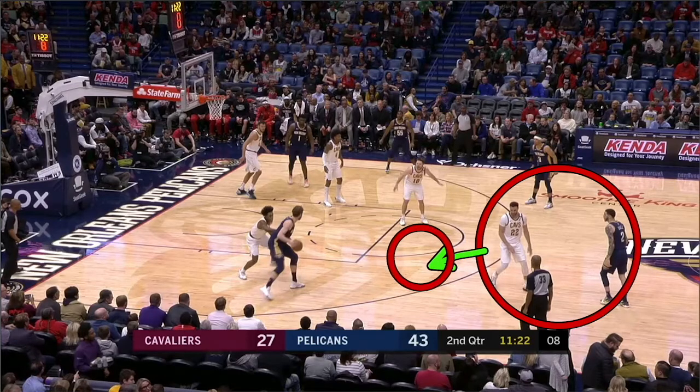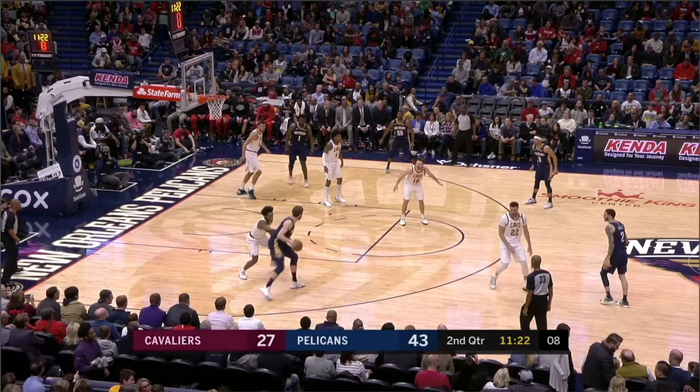You're halfway between the ball and your man, so you can dig in the post. Once this ball gets on the deck, you can stunt, get that dribble picked up early, recover back out. Okay, you have plenty of time. Lonzo Ball's 50 feet from the hoop. But right here, we got to send help. There's got to be a double team coming from somewhere.